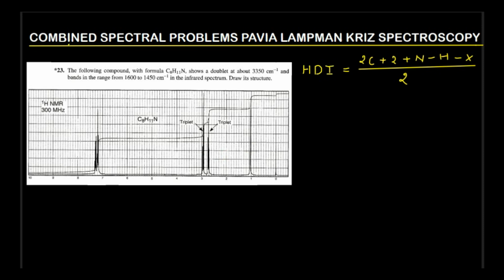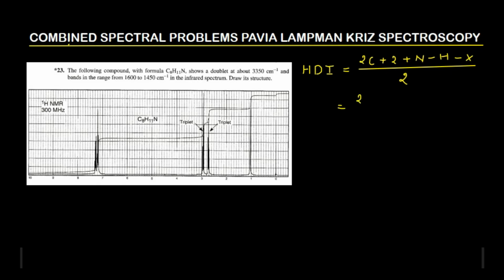So as my usual practice, first of all, I'll calculate the hydrogen deficiency index. Because this compound contains nitrogen, I have expanded this particular formula. In my earlier classes where only hydrocarbons or oxygenated hydrocarbons were there, I used the compressed formula where I didn't include nitrogen and halogen, but here I am including the nitrogen as well as the halogen. So how we can calculate: 2, which is a constant, and the number of carbons given in the question is 8, right? So it is better to write